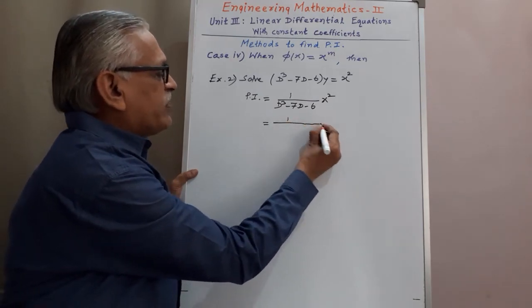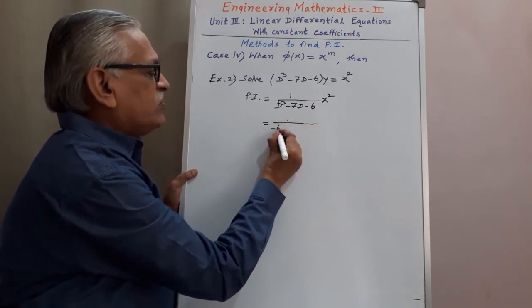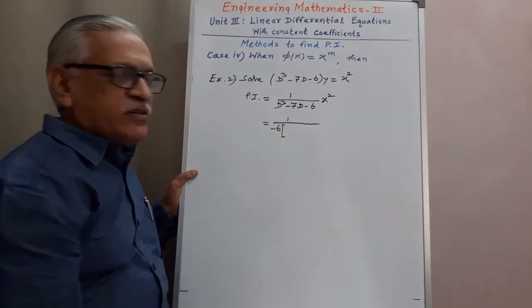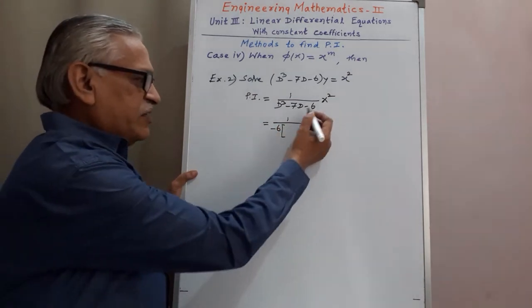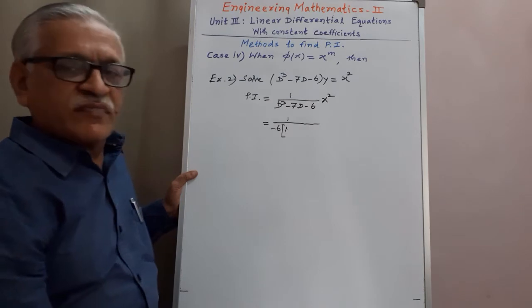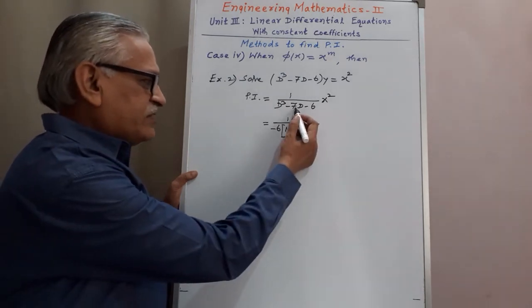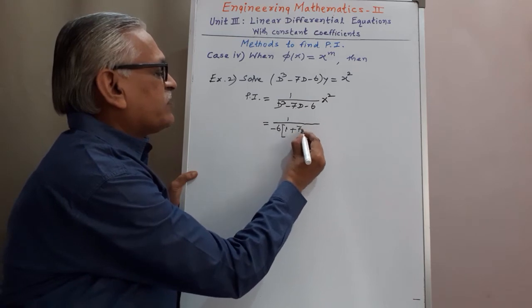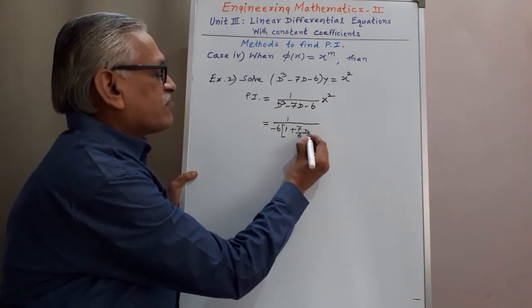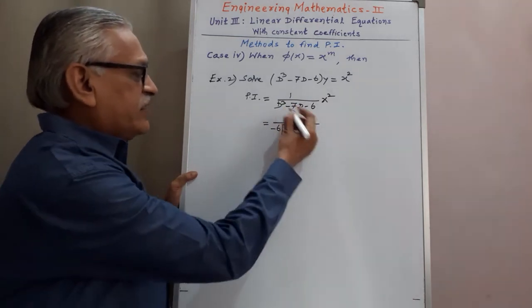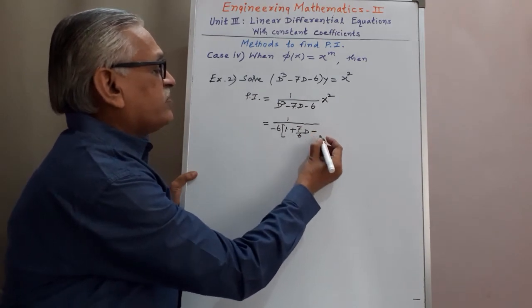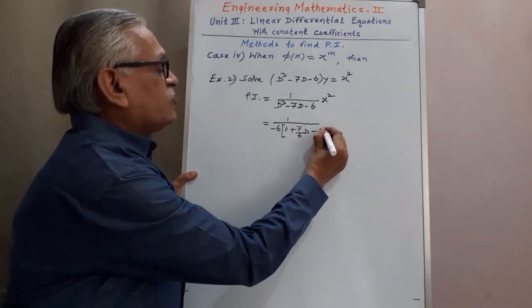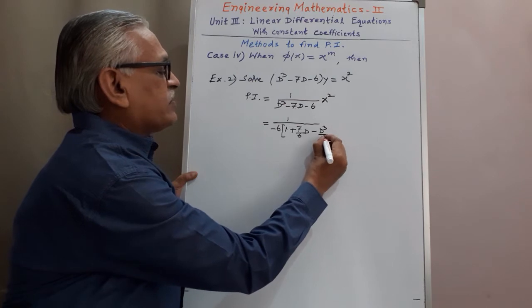Taking that term as common from all, if we take minus 6 common, here remains 1. Taking minus 6 common from this, it remains 7 by 6 times D, and here it becomes minus D cube by 6,